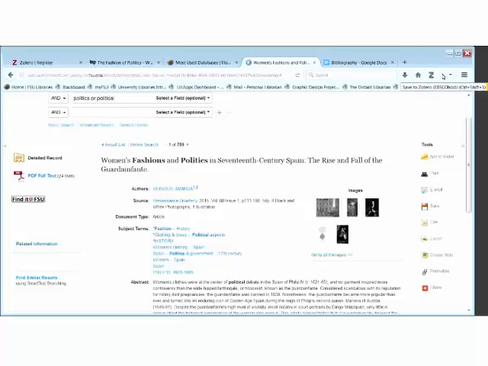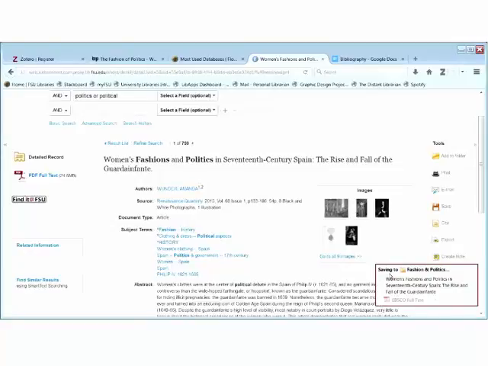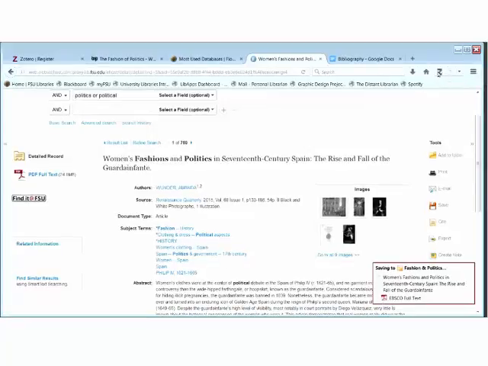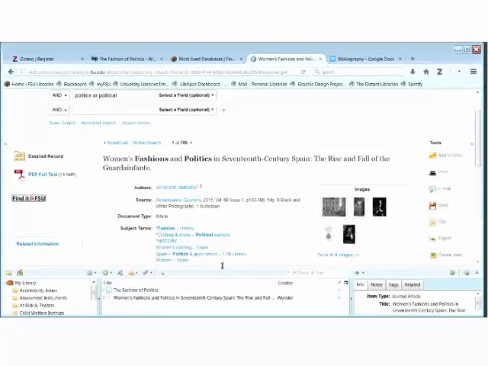So I'm going to go ahead and click the Save to Zotero button here. I can see it's saving to Fashion and Politics, the folder. It has the title of the article, as well it has the little EBSCO full text with my Adobe PDF image. So let's see what that did. If I click on the Z again to open up the Zotero pane,